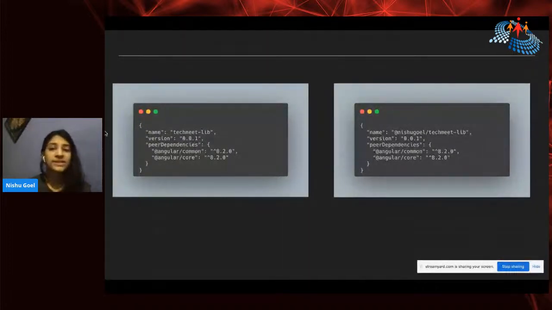The best way to handle such cases is to publish inside your scope. Your npm username is your scope, right? So @Nishu Goel on npm is my scope. Whatever I publish inside that is my own, even if libraries with the same name exist elsewhere. So I can create @Nishu Goel/ whatever library name I have, in this case technique-lib. And this should totally work, because now my package name is not just techniquelib, but @Nishu Goel/techniquelib. And then the same other fields like